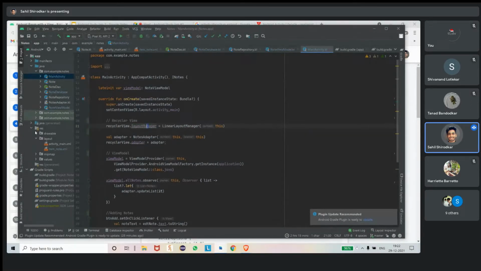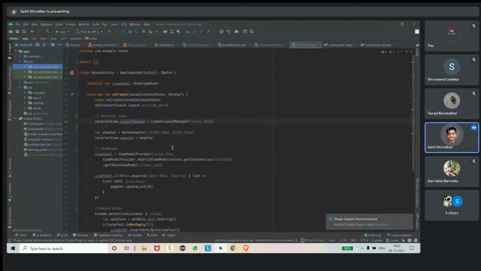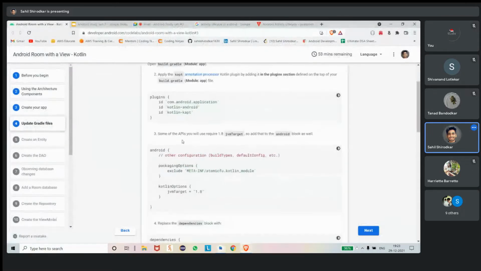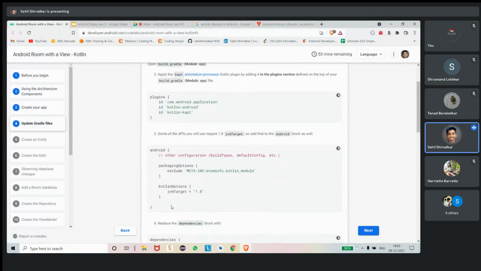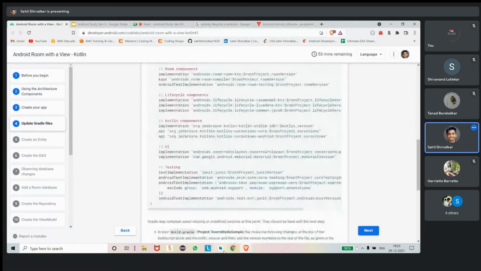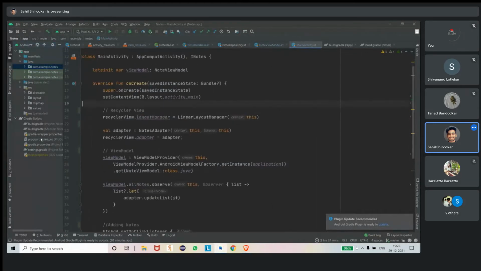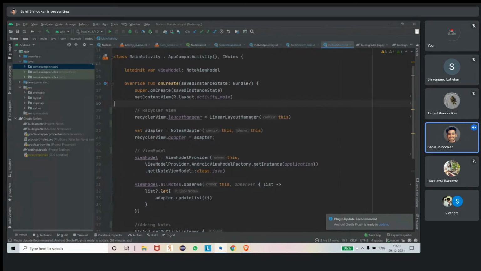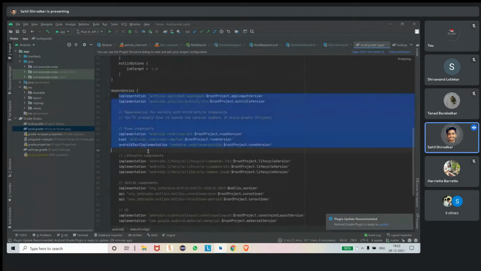Considering the time, I have already created the app, but I'll explain each class and each line of code. When you create the empty activity, the first thing you have to do is copy these plugins. Open the build.gradle and copy these dependencies. So just go to build.gradle module here, and copy paste the implementation of that.